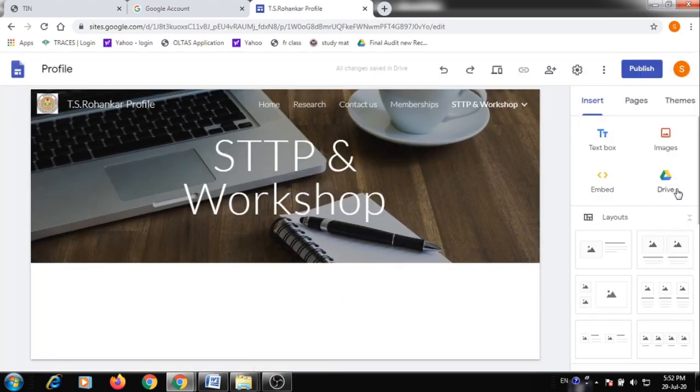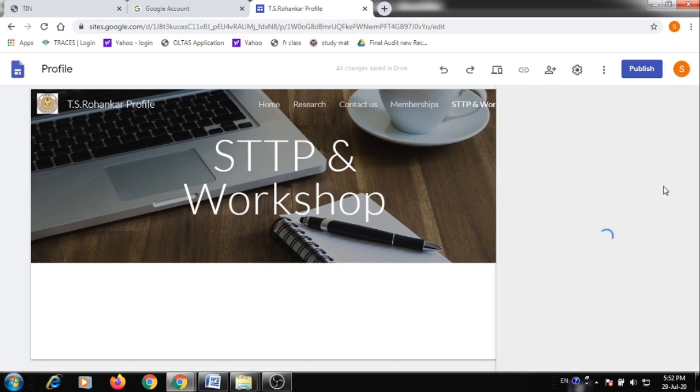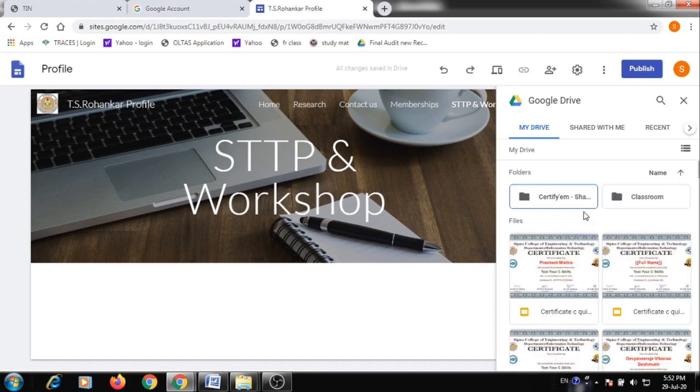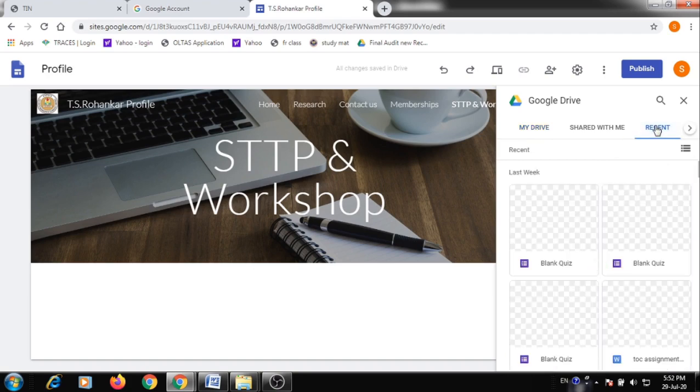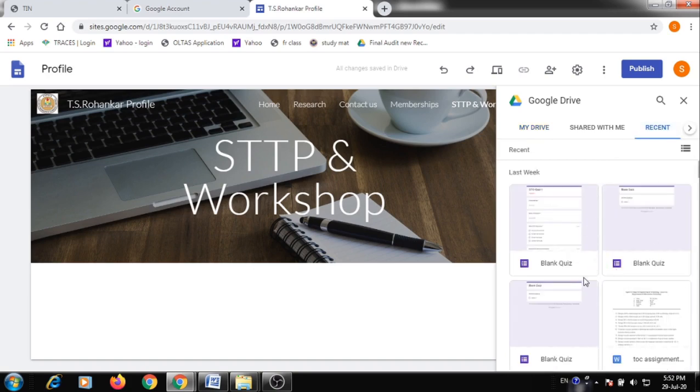Next option is your Drive. If you want to add anything from your Google Drive, you can use this option. If you click over here, your Google Drive will open up. Here you can see the data from your Google Drive. If you click over here, you will find this Google Form.